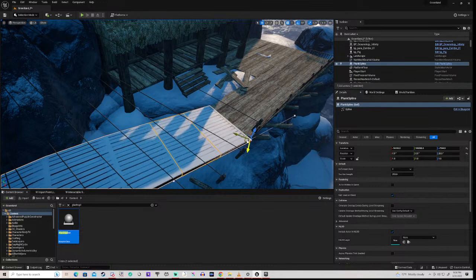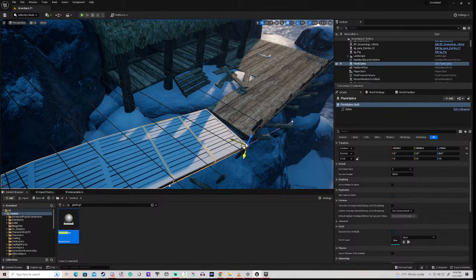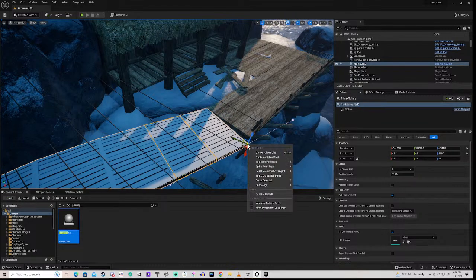And we actually want to select this spline point rather than the actual